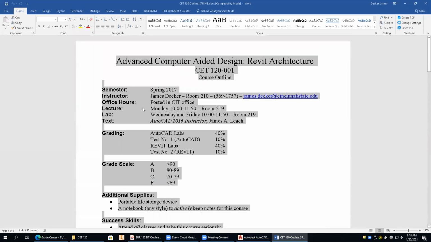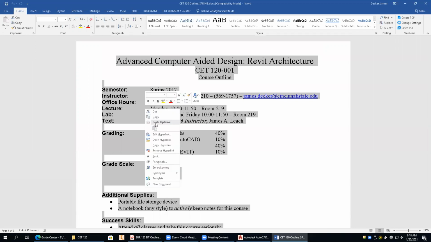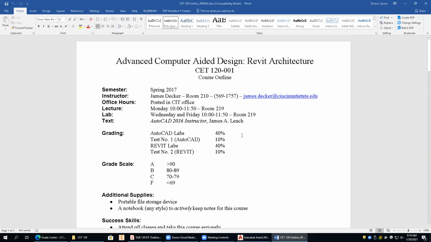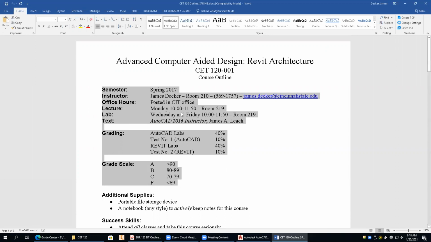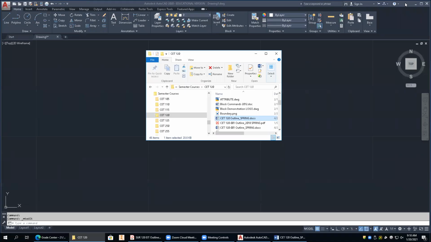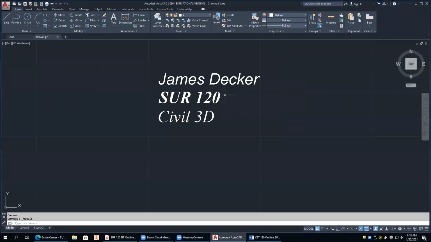It's not going to let me do it. Oh, paste it. All right, why is that not letting me do that? Copy. Okay, so I'm copying it to the clipboard,